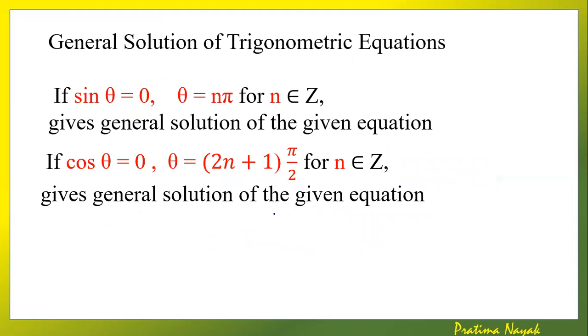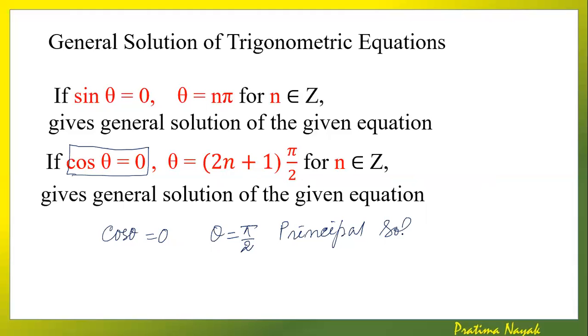Next is if cos theta is equal to 0. Let us come to cos theta. When does cos theta become 0? Cos theta is 0 when theta is equal to pi by 2. This is your principal solution. But if we keep remembering every odd pi by 2,